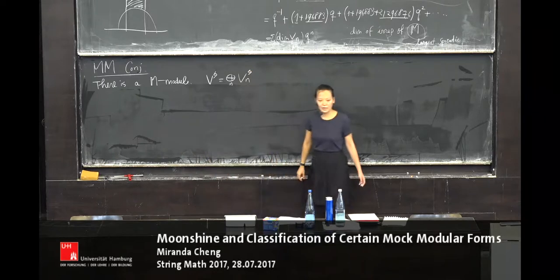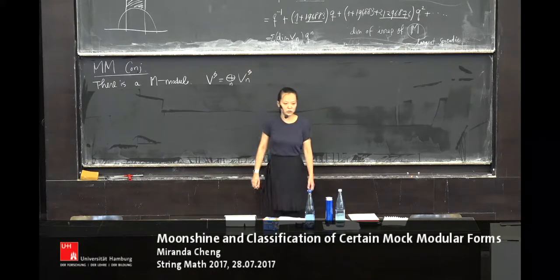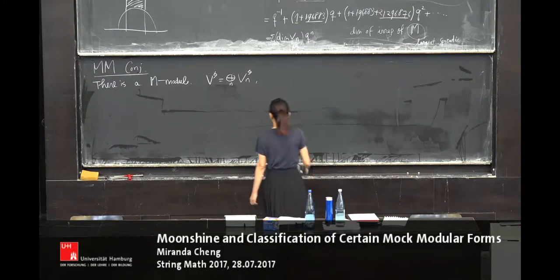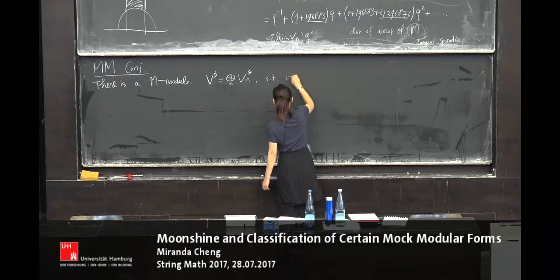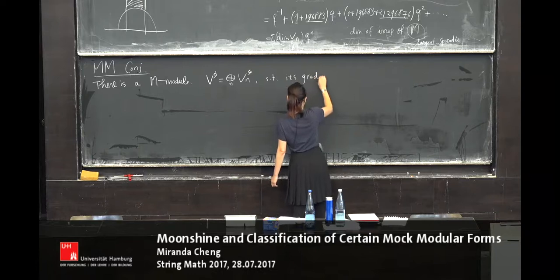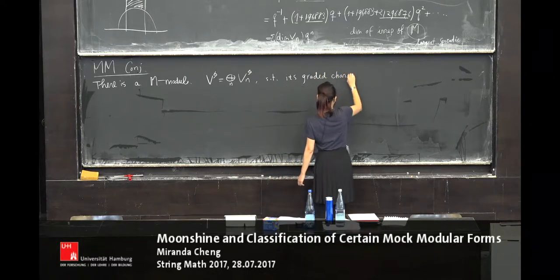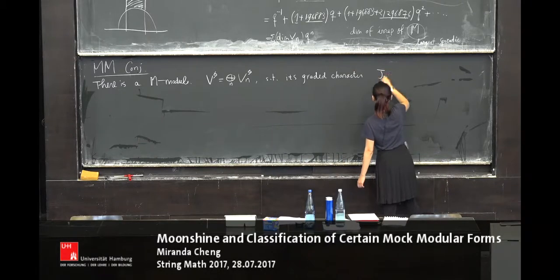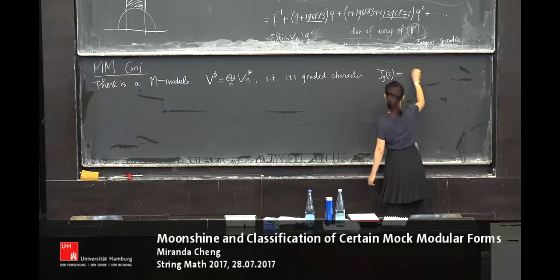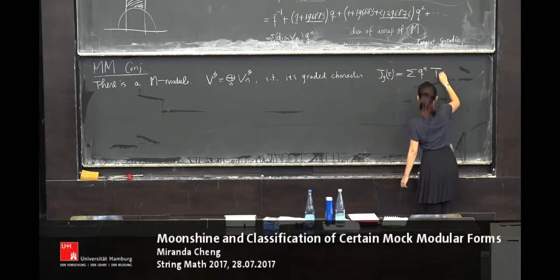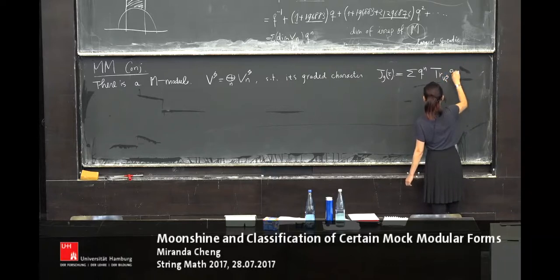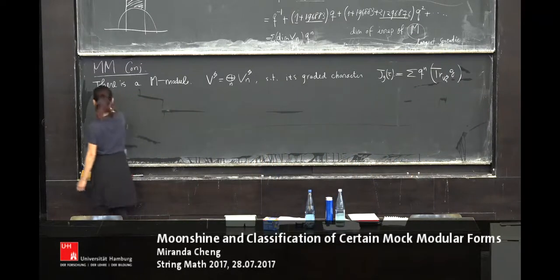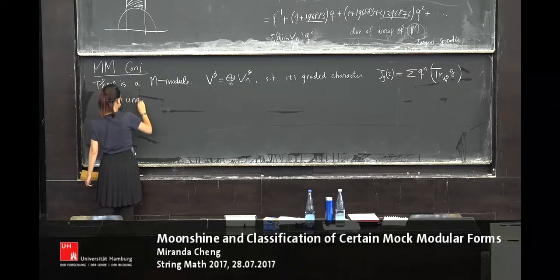And we also know that V natural has the structure of a vertex operator algebra, so the Z grading corresponds to the L naught eigenvalue, if you want, such that its graded character, namely, we now want to look at the group characters and not just the dimension, is the unique function